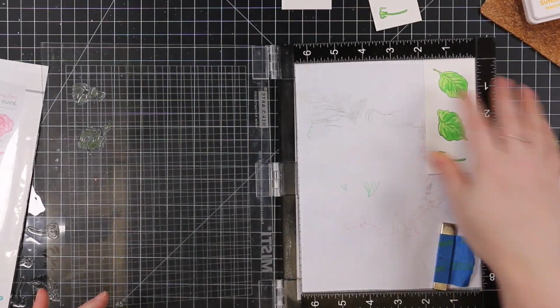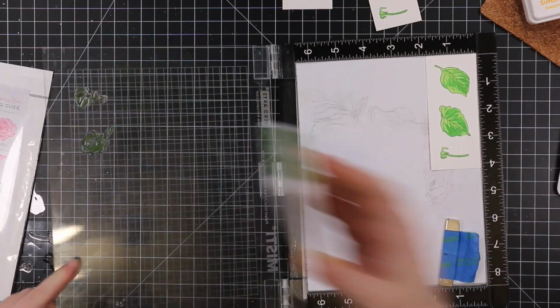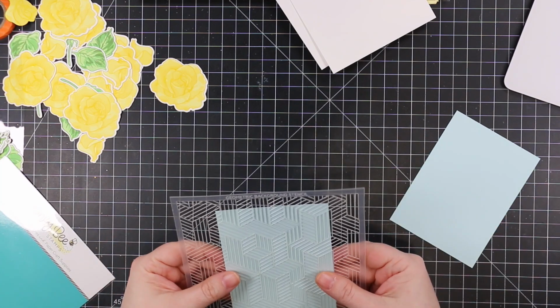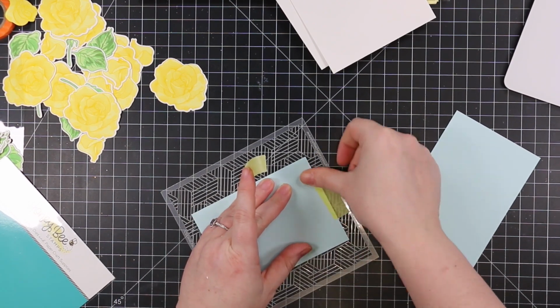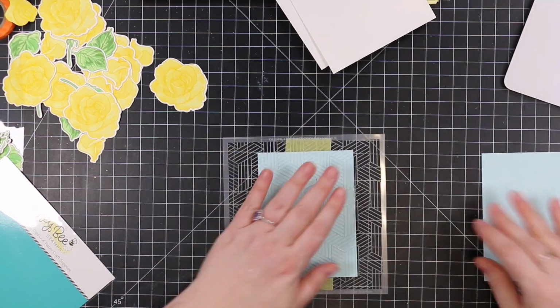Once all of my layers were stamped, I used the coordinating Honeycuts wafer dies and die cut all these. And same thing, just did it all mindlessly, one after another, quick and easy. So I have my pile of roses and leaves, all just happy, cheerful. And then for my background, I'm using the geometric